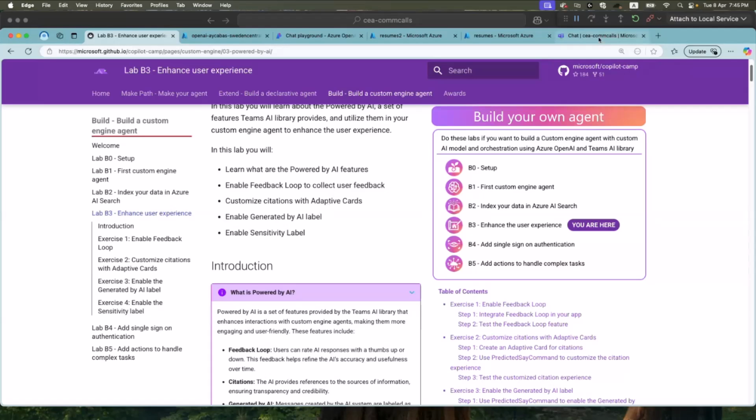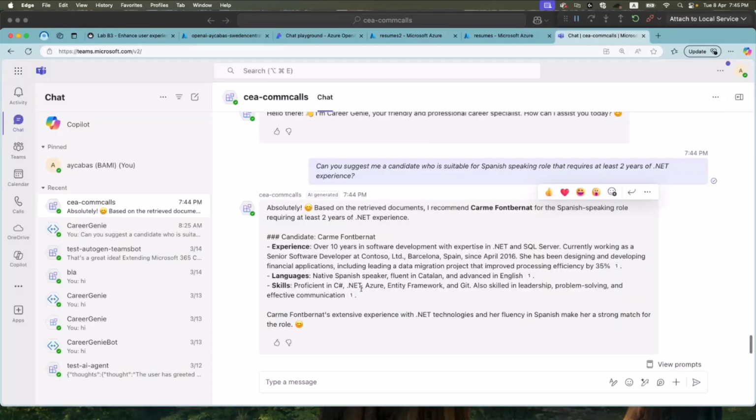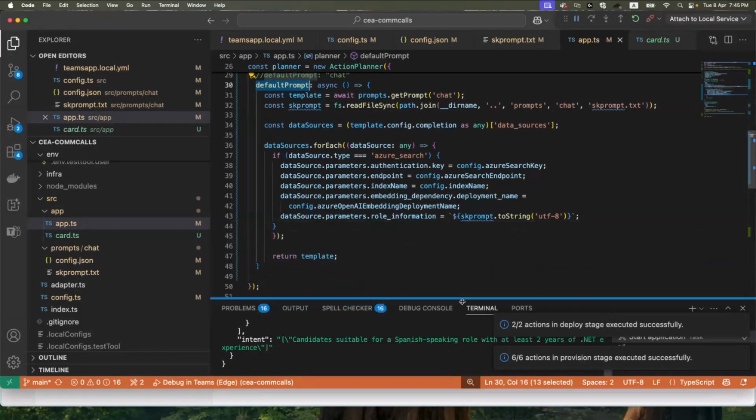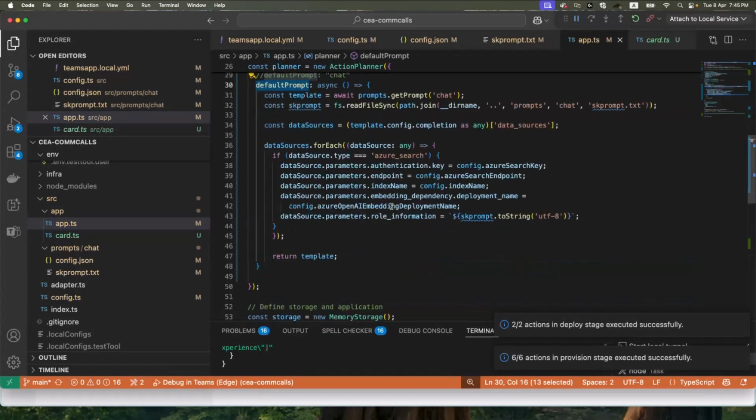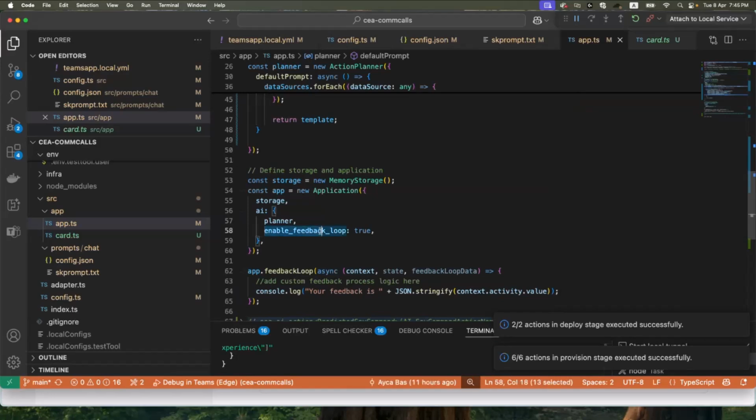Some of them already come as default with the templates Teams Toolkit provides. For example, we already have thumbs up, thumbs down integrated in our source code. If you quickly have a look, you will see that enable feedback loop is equal to true